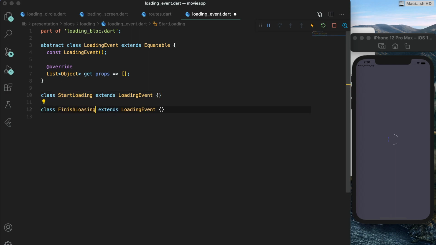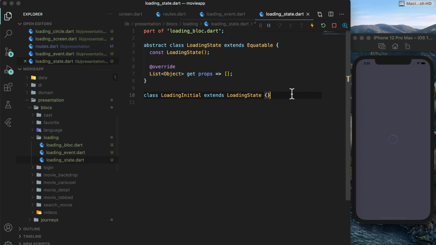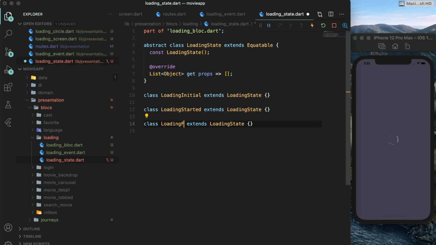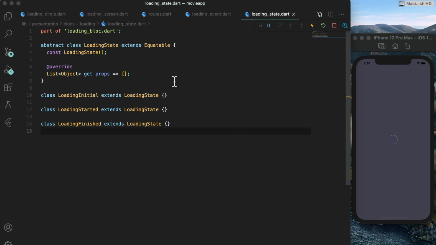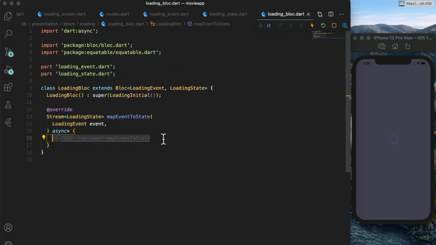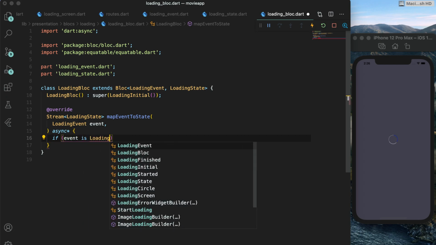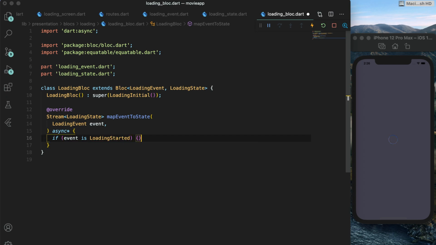And in the state class, you will add two state classes correspondingly. Loading started and loading finished. Now let's bind event and states in the bloc. This is the easiest bloc that you will ever write. You will feel why this much boilerplate for just simple stuff. But we have no other option because we cannot use set state and we haven't migrated to Cubit yet.